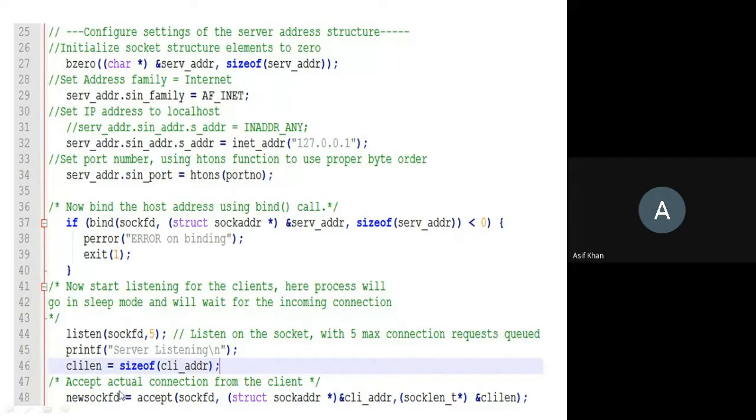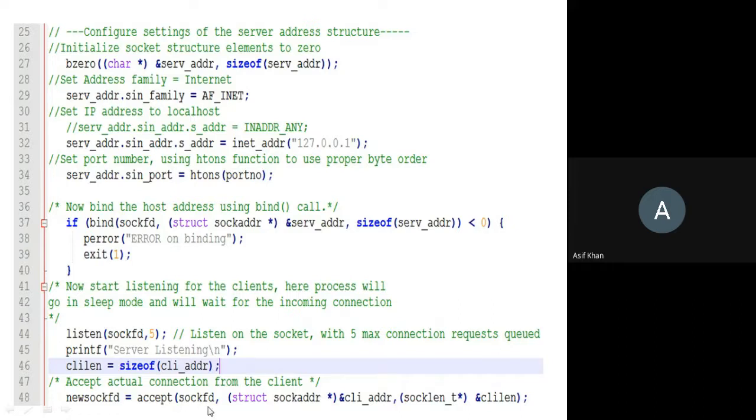Now after the request is coming, the server should accept that request. Now how to accept the request? By using the accept function. The accept function is used here, and you need to pass the arguments.